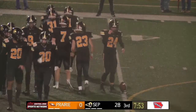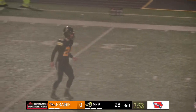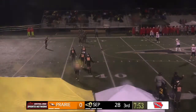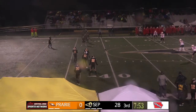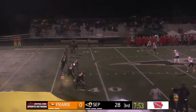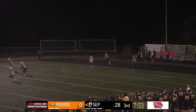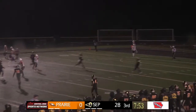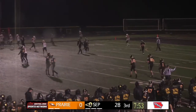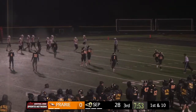Now Wilson will set it up to kick it off again. Kelly back there, one of them back deep to receive. Well, you're kicking with the wind, so this helps you here. Yes, it will. That'll come back through the end zone, bounce right into the Prairie student section. Reese Turner looks at it and just watches it bounce back there. 1st and 10 at the 20